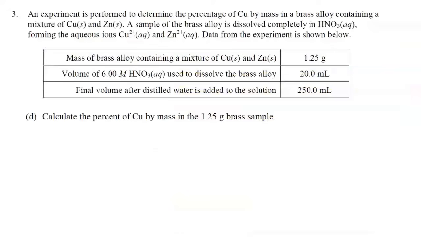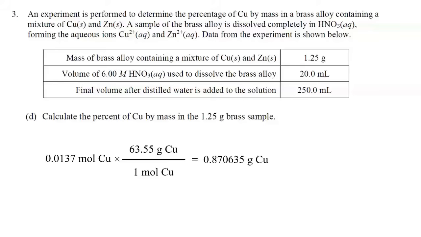Part D. Calculate the percent of copper by mass in the 1.25 gram brass sample. So what percentage of copper is there in this brass alloy, by mass? Earlier, we had calculated that there was 0.0137 moles of copper present in the alloy. We're going to use the periodic table to go from moles to grams. On the periodic table, the molar mass of copper is 63.55, and this will give us the mass of copper in the brass sample,